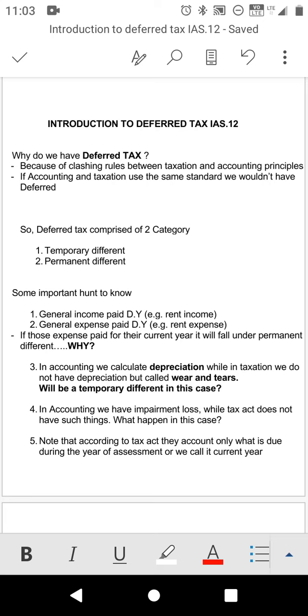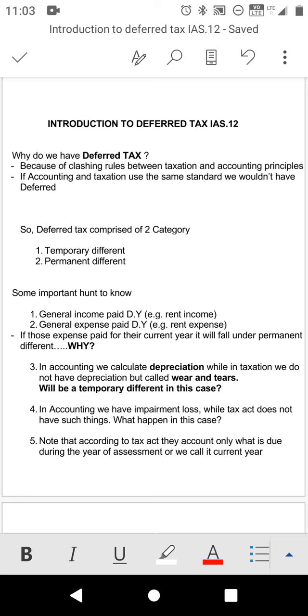So once you understand whatever we are going to do in this video, I don't think you will still have a problem with deferred tax, as long as you make sure that whatever principle I'm going to do, you understand deep down. Okay, so firstly,